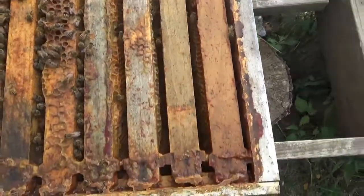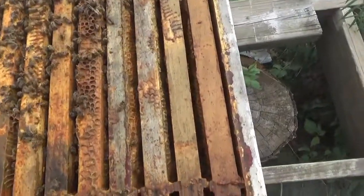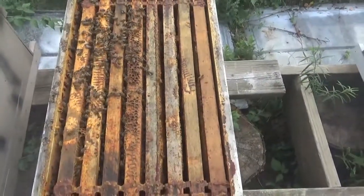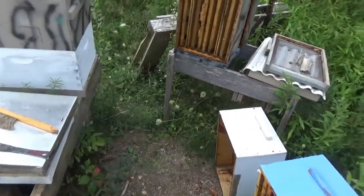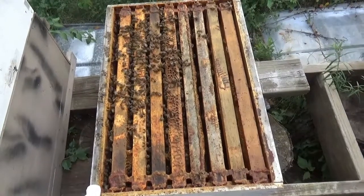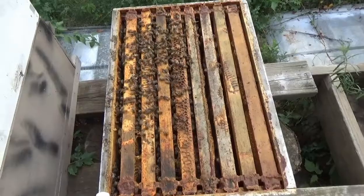I can't tell without tearing this whole nest apart, and I don't really want to get into that today, if she's expanded the brood nest out into here. But just looking at the bee activity on top, it looks like maybe they have not gone as horizontal as I was hoping. Almost makes me wonder if at this point I shouldn't just pull off this extra empty box and just let them focus on building up that winter nest. I'll have to think about it for now, but good to see good activity in here, good healthy colony,